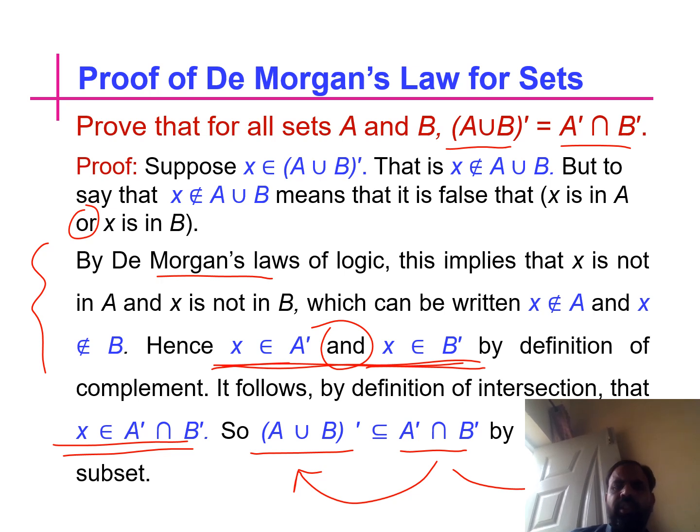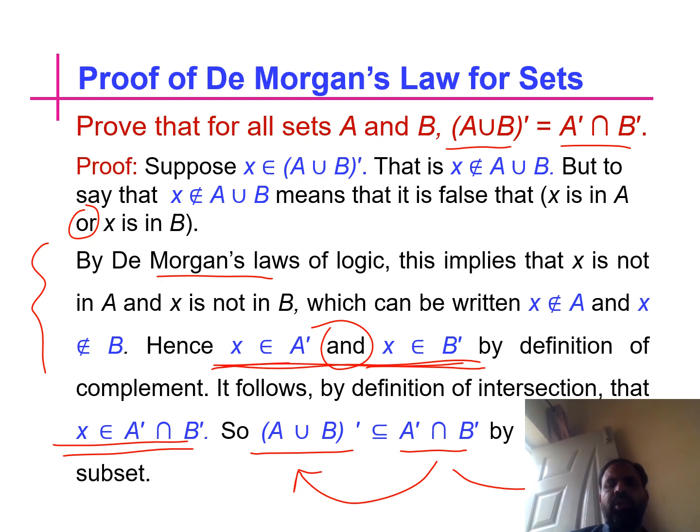Prove that for all sets A and B, (A union B) complement is equal to A complement intersection B complement. Similarly, as in the previous slide, we prove the left hand side is equal to the right hand side by showing that the left hand side is a subset of the right hand side and the right hand side is a subset of the left hand side. Then we can say that both sides are equal. Similarly, here we will show